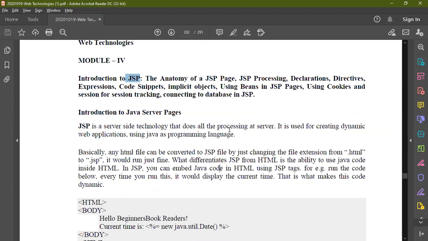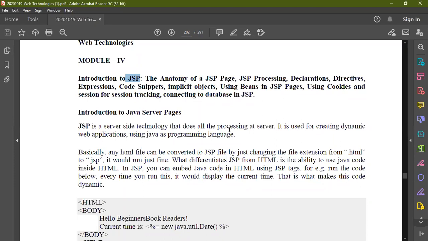Generally, we have two types of content, that is static content and dynamic content. Static content is fixed content. For example, if you are writing some static content and executing it n number of times, the first time you execute it, you get the same output. The second time you execute, you get the same output. The third time, in this way, n number of times you execute, you will get the same type of content.